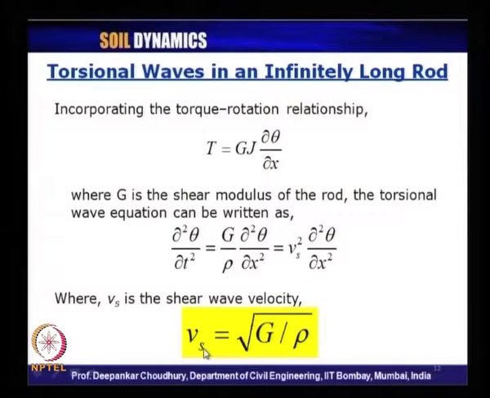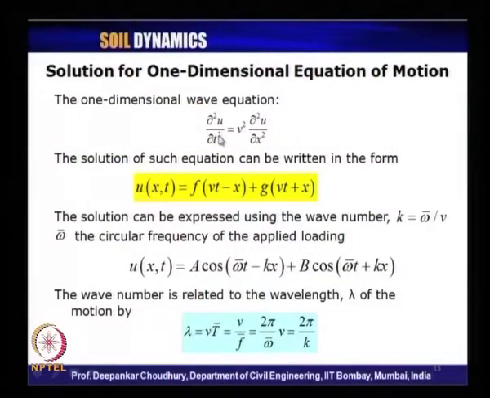So, the primary wave velocity or the longitudinal wave velocity is root over M by rho, constraint modulus by rho, and the shear wave velocity or the torsional wave velocity is given as the shear modulus by the density of the material under root. So, if we want to generalize these two cases, for any wave equation, whether it is longitudinal wave or a torsional wave, what is the basic form of the equation of motion? This is the basic form of equation of motion for one dimensional wave equation, that is del 2 u del t square equals v square del 2 u del x square, right.